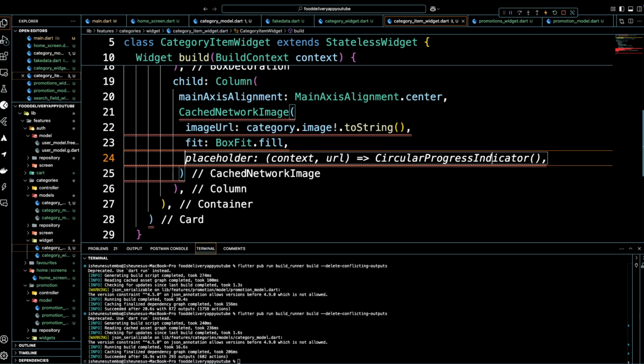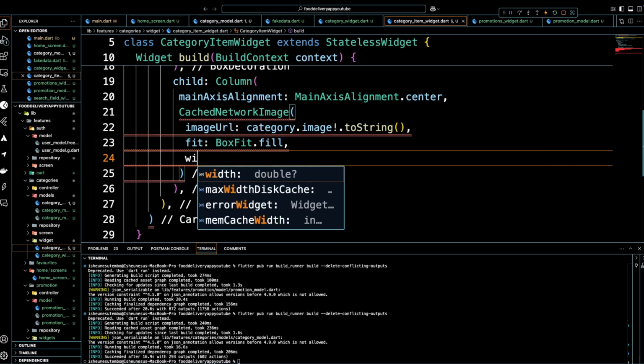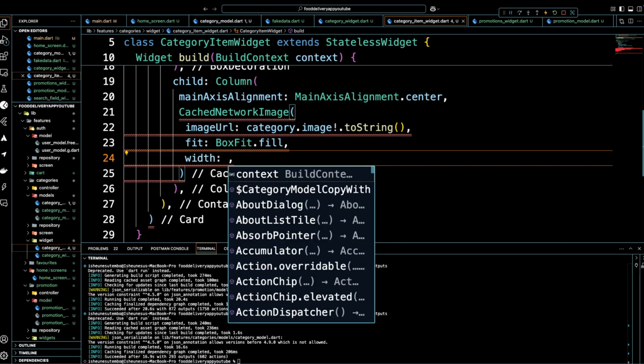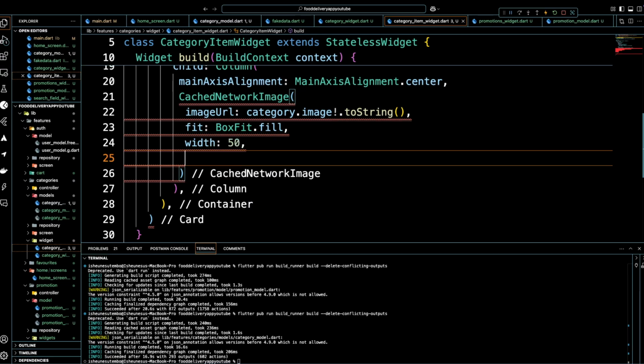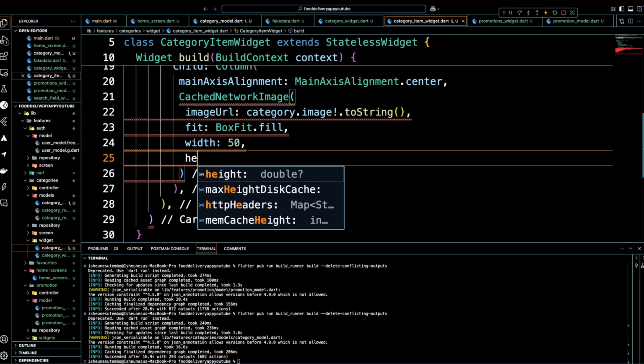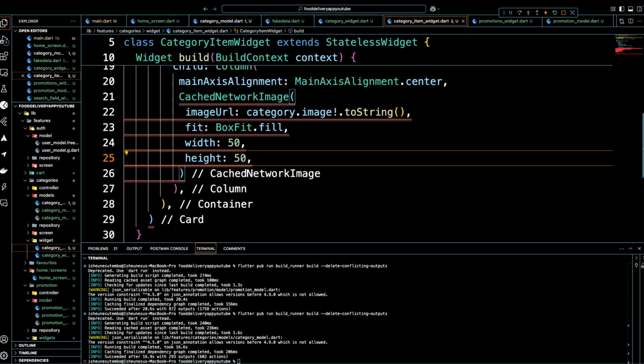And then the next one is going to be a width. So we need a width of 50 and then a height of 50. Right, so